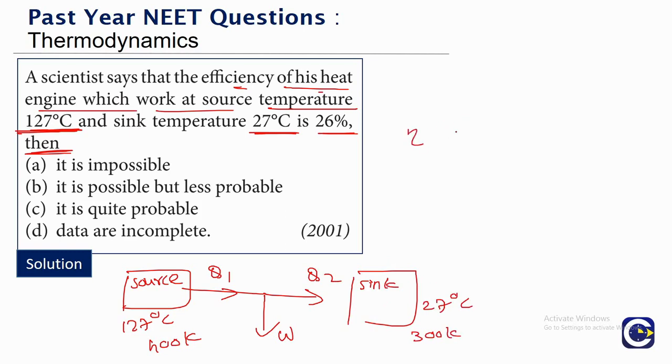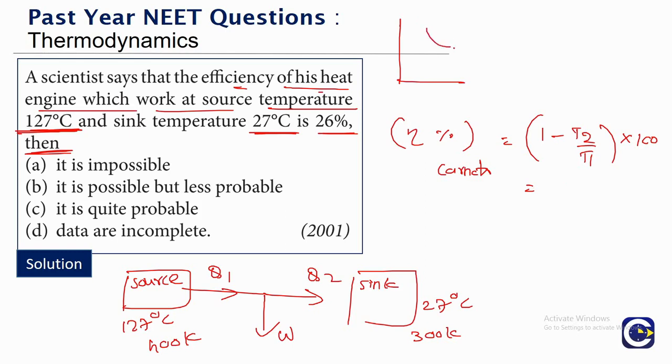The maximum possible efficiency percentage, which is the Carnot's efficiency, is what? 1 minus T2 by T1, that is the fraction. We have to multiply by 100. That is the maximum percentage efficiency for any heat engine which is operating between a corresponding source and a sink. So this will happen if you choose that ideal Carnot's engine, which will have isothermal expansion, then adiabatic expansion, then isothermal compression, then adiabatic compression. So on the PV graph it will look like this. There will be 2 isothermal steps and 2 adiabatic steps.